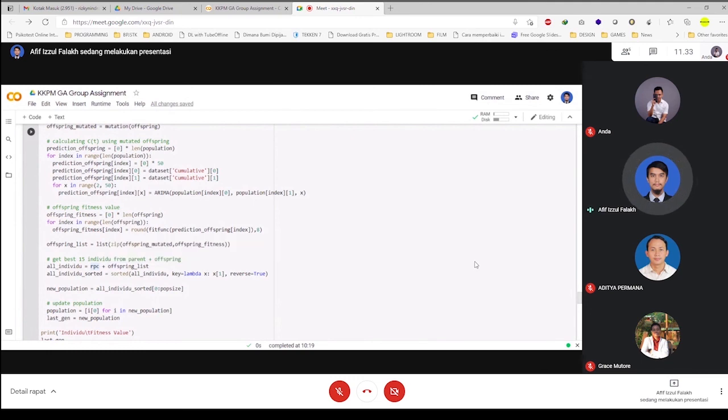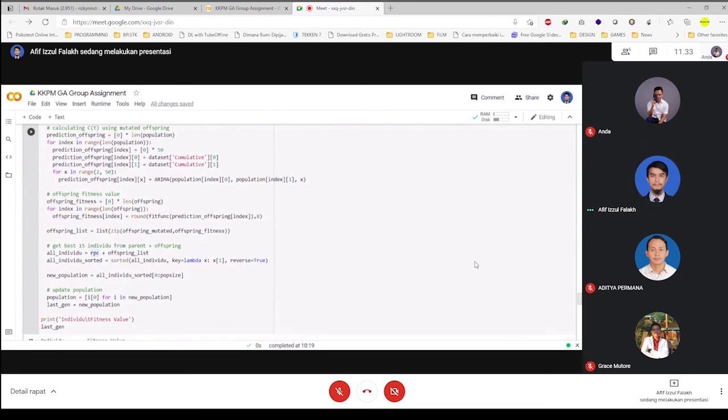After we have all individuals in the current generation, we then sort them in reverse, so we get the one with the best fitness value in the first row, the first data. After we have them sorted, then we select 15 here using